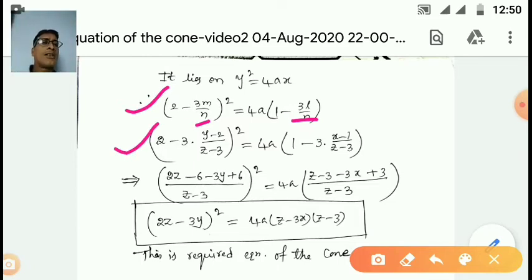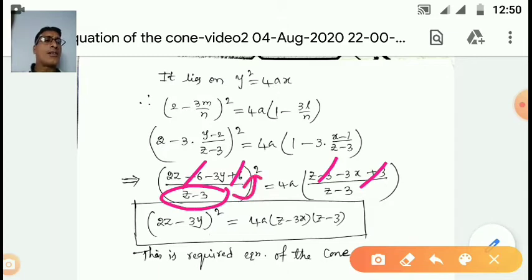On simplifying this, because z minus 3 is the LCM here, 2 into (z minus 3) is equal to 2z minus 6 and minus 3 into (y minus 2) is equal to minus 3y plus 6. From this you can cancel minus 6 and 6, and here you can cancel 3 and 3. Here you will get (z minus 3) whole square, and here there is only z minus 3. Therefore, by cancelling z minus 3 with (z minus 3) whole square, you will get z minus 3 in the denominator here and you will get 1 here.